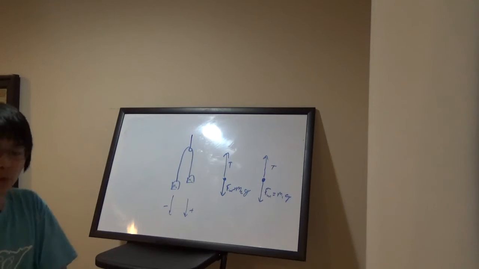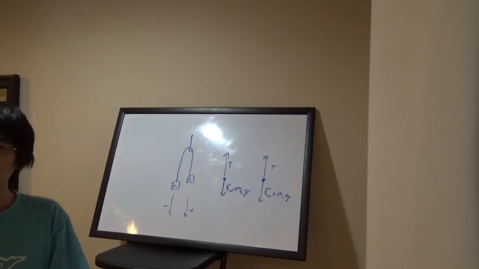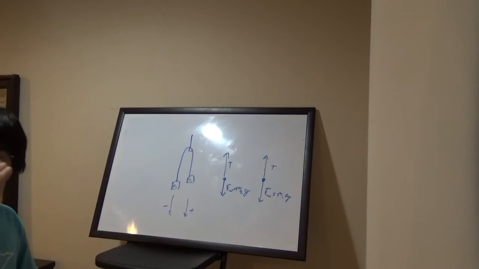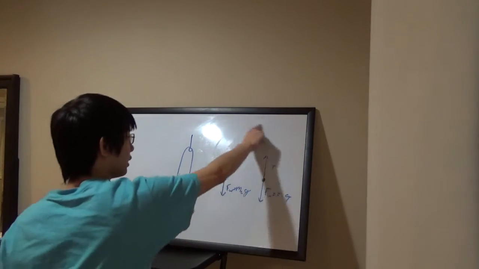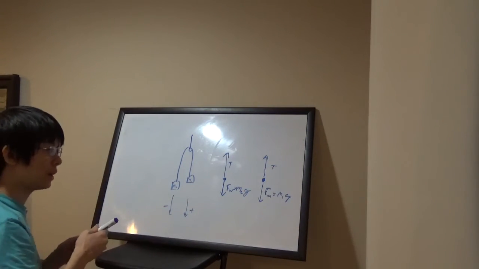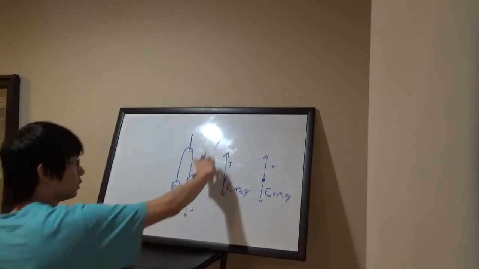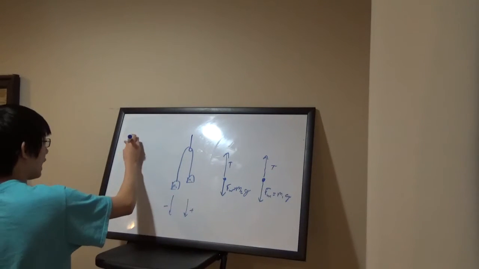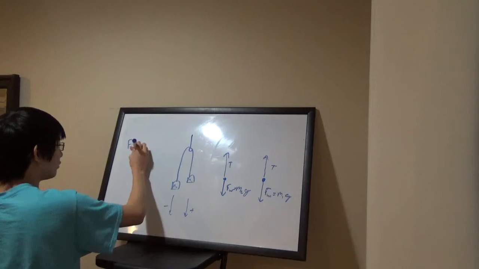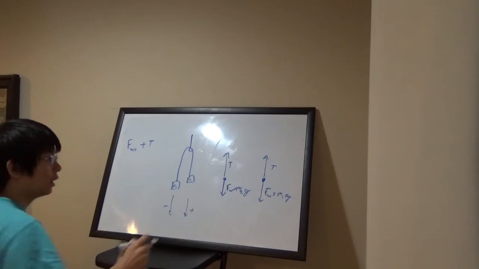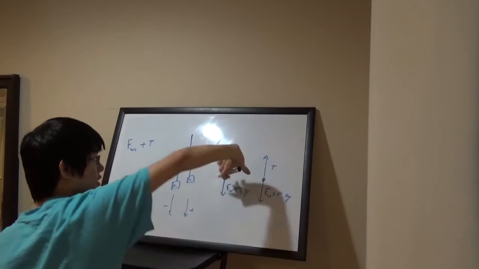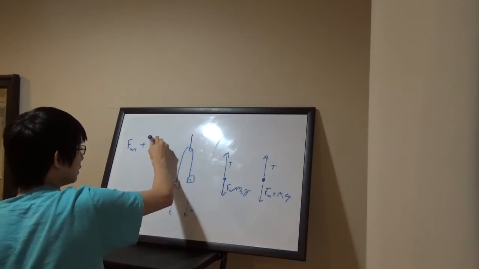Now let's add all the forces that go in the positive direction and all the forces that go in the negative direction. Remember, positive direction is as if the system is rotating this way. So anything going in this direction is positive. What's positive? This is positive, it's going this way. So we'll add FW1 plus T. This T is positive. What do we subtract? Well, this T is in the opposite direction, as if it's going this way. So we subtract T. And we also subtract